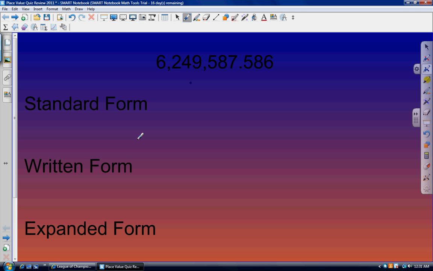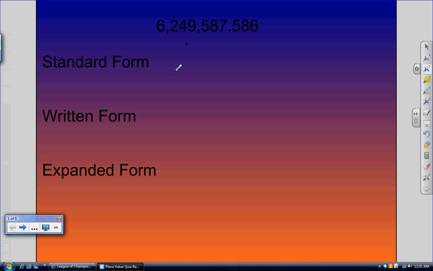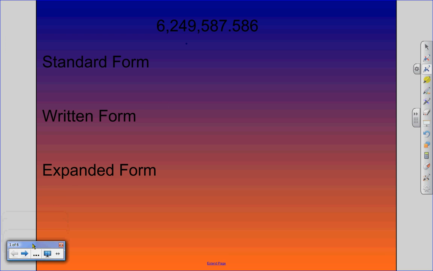Alright, the first thing that you are going to need to know for your quiz is the 3 different forms that you can write a number. The first one is standard form, and your standard form is just your numbers written out. Your second form is your written form, and that is just your words, like you are writing a check to yourself. So we're going to write